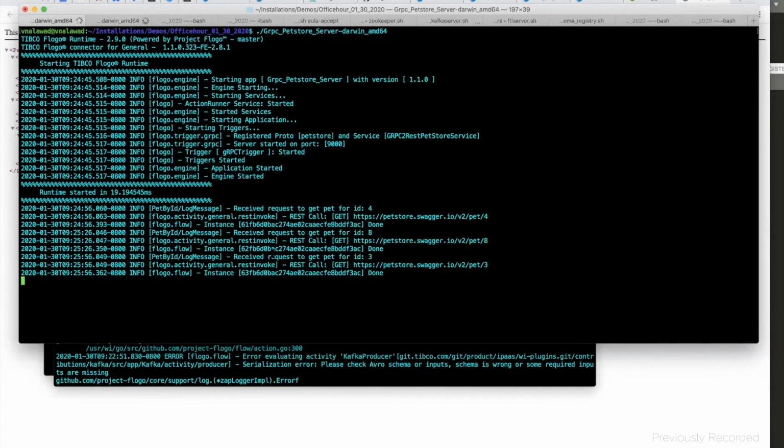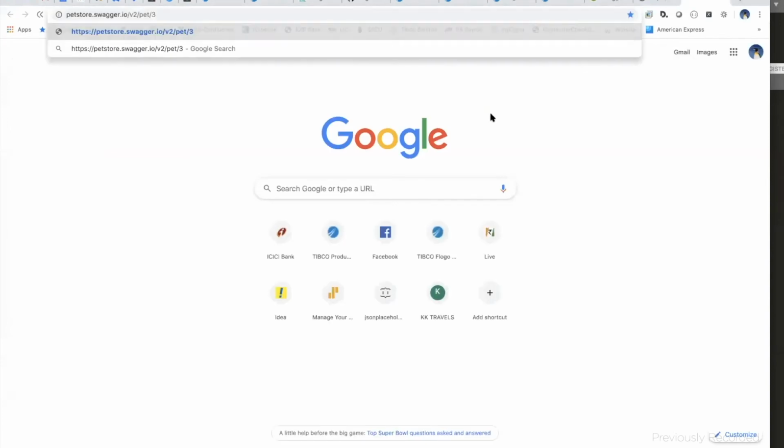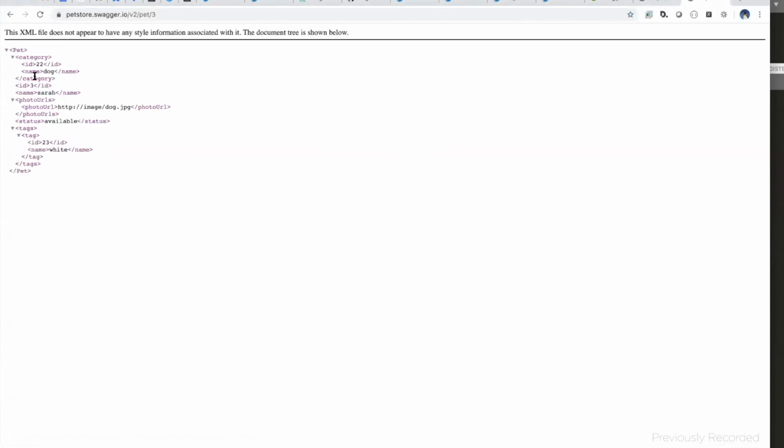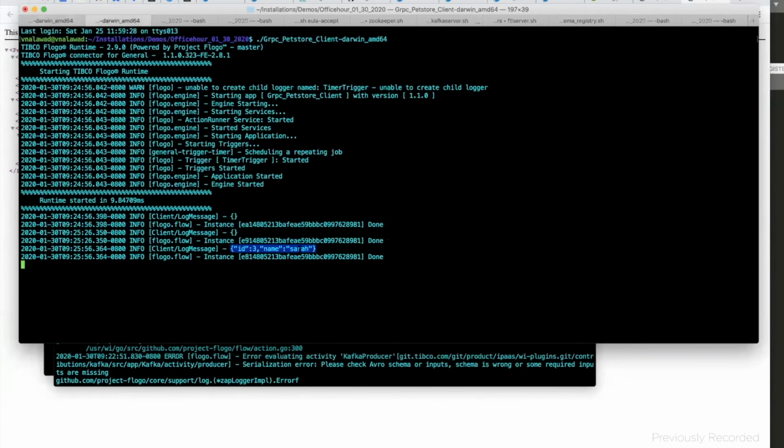If you go back to the server, you would notice that it received a request for the pet ID 3. It called the pet ID 3, which has the data. You can see that it has the name and the ID. That is what is being returned back to the client. In this case, the ID is 3 and the name is Sarah.